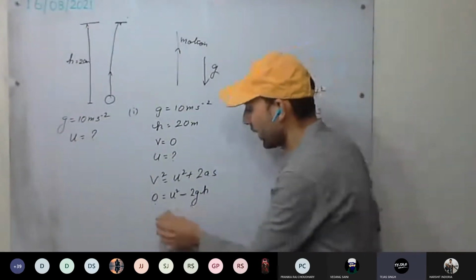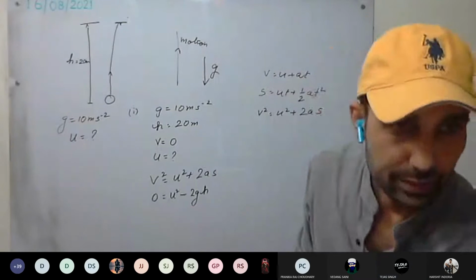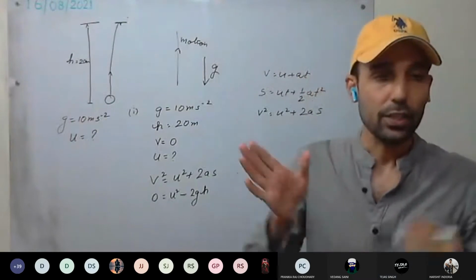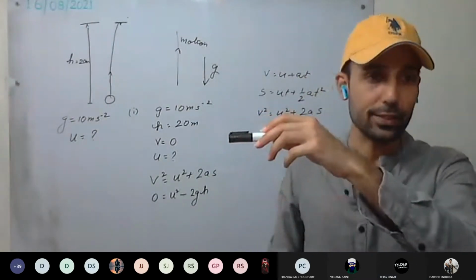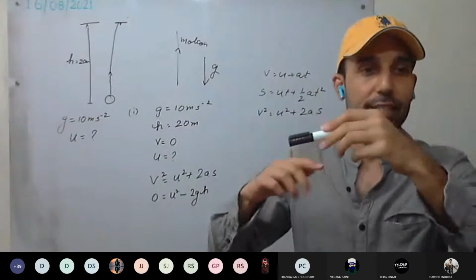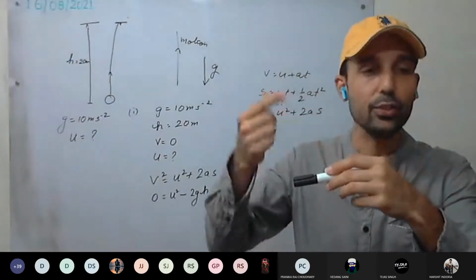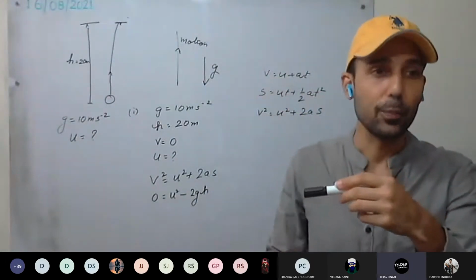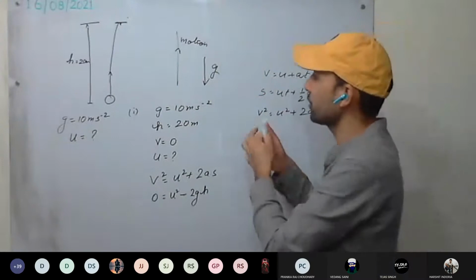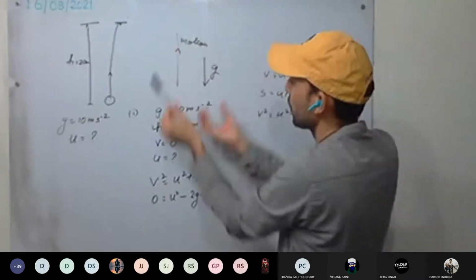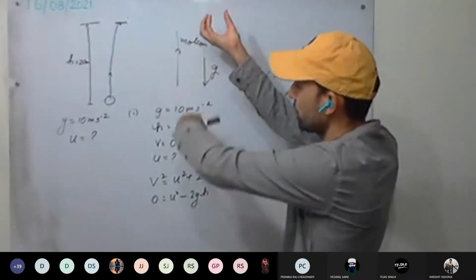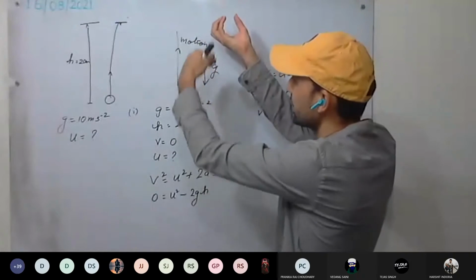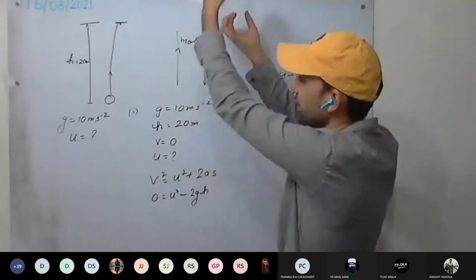Okay, so see here. How do we take the acceleration? Always with the sign. If it is accelerating, we take it plus. If the body is decelerating, we take minus a. Yes or no? Similarly here, the body is moving in this direction, but the force is applied in the downward direction. It means there is deceleration, retardation each second.